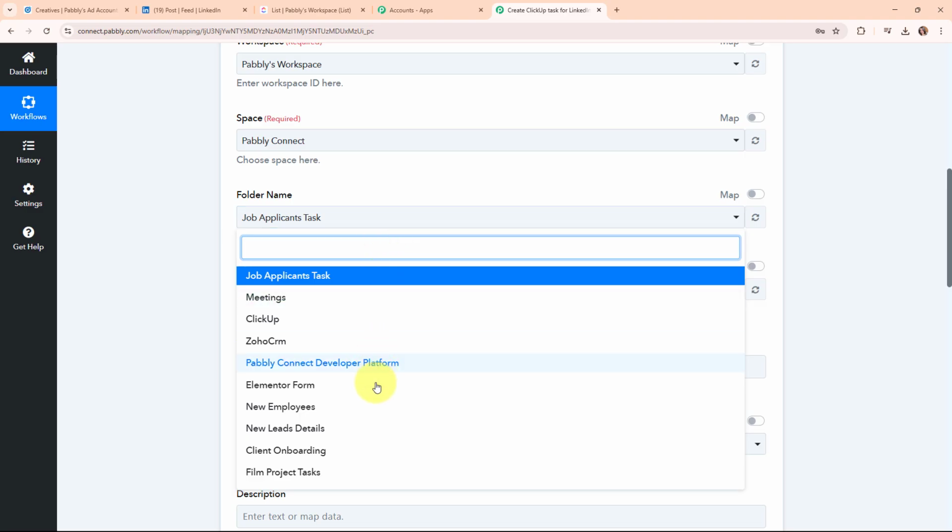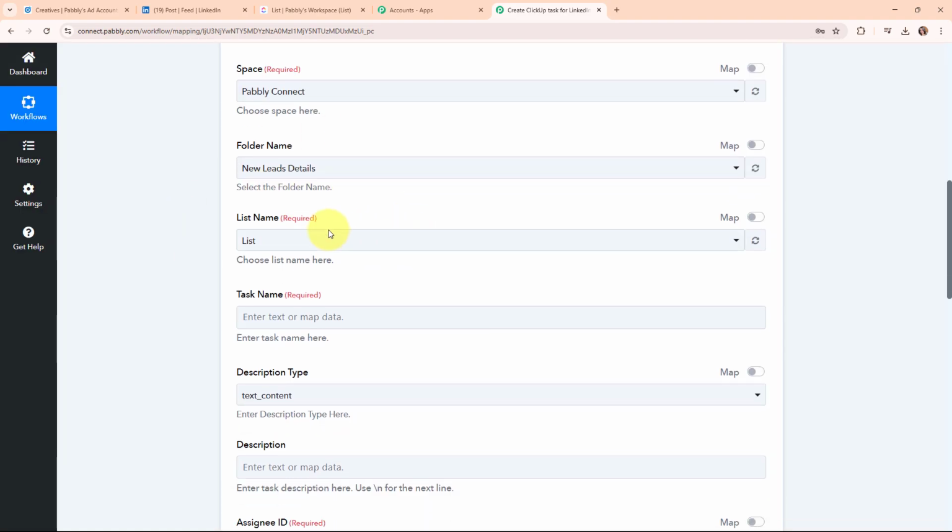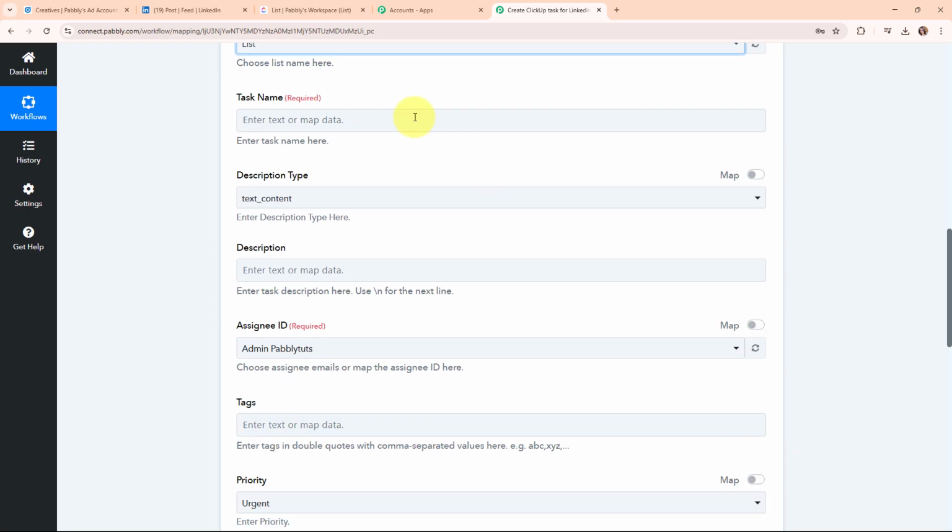And my folder name is new lead details. Under my folder, I have selected the list name, that is list only. So I'm moving forward, and here it is asking me for the task name. In this task name field, I want to enter my lead's name that I've received in my LinkedIn